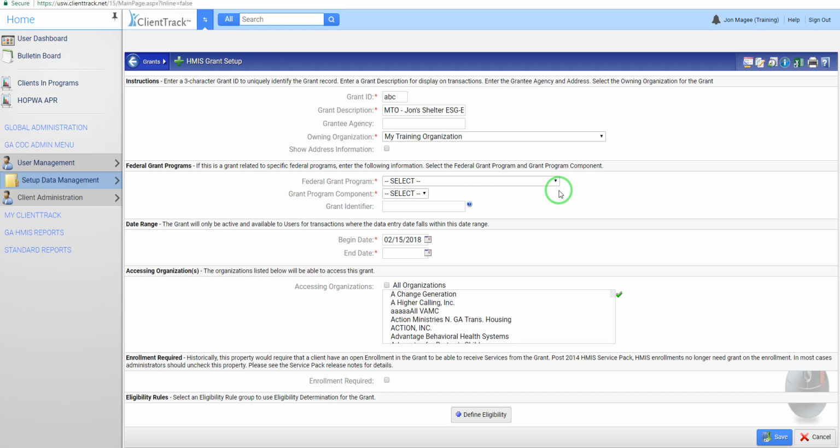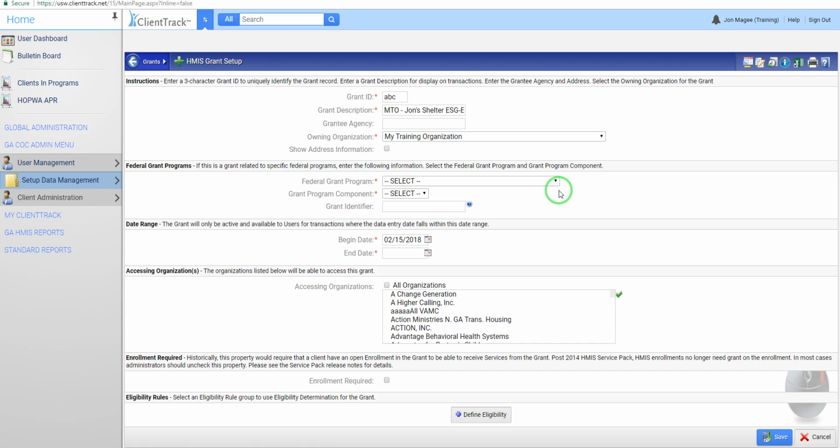So it's really important for you to select the correct grant here. And I can't stress that enough. Also, because this is what drives the logic in the system and workflows, you should create and link grants that are relevant to the data and services you need to record. So for instance, if you get a request from an agency where they have a project that is funded by ESG Emergency Shelter Grant, but they also have a United Way grant, and they also have some other non-federal grants that help fund this project, well, there's no need to go in and try to set up grants to represent each of those